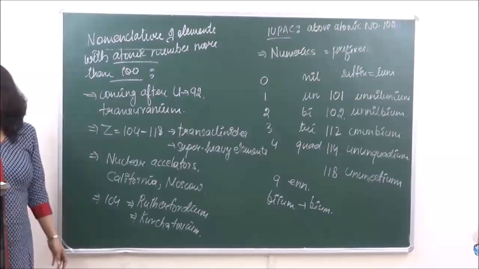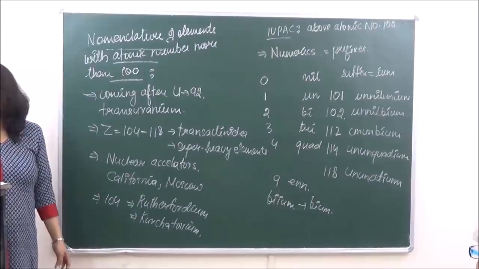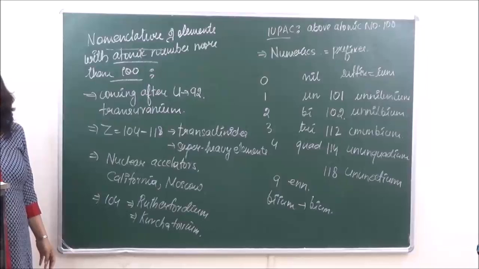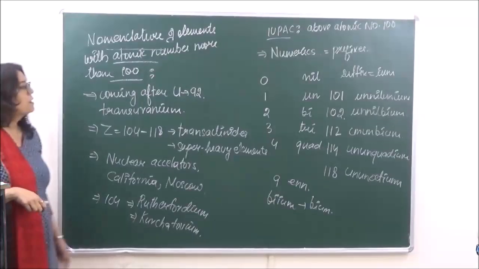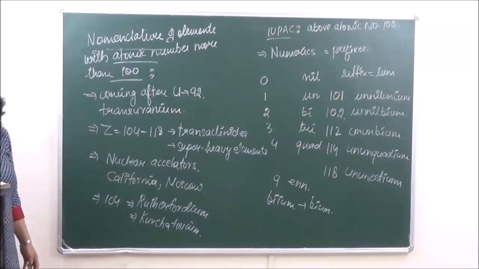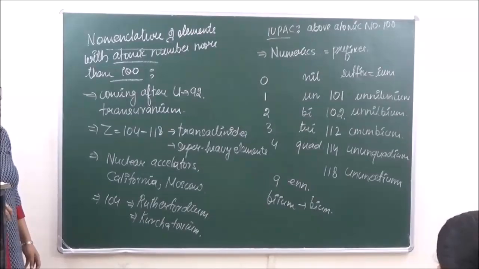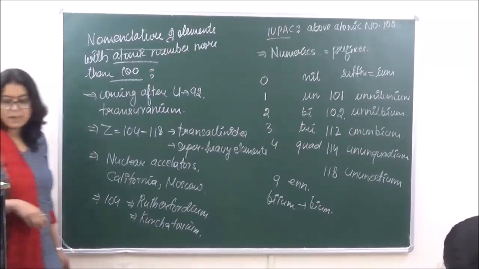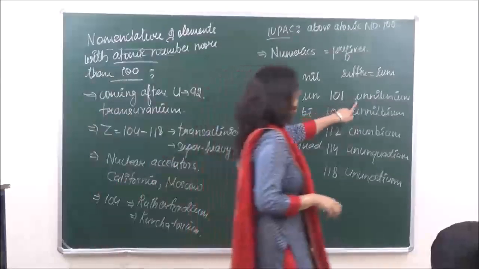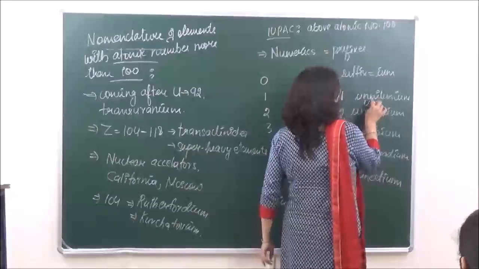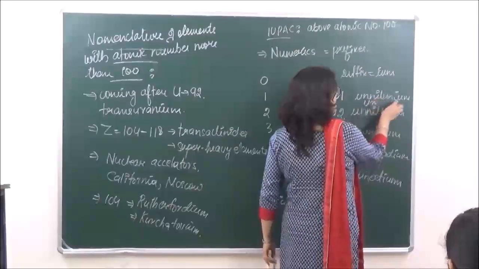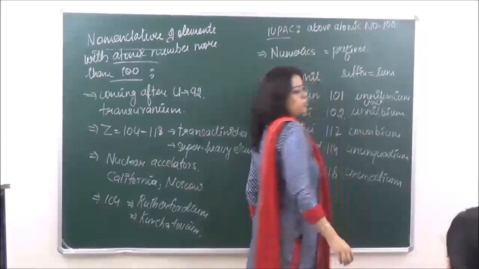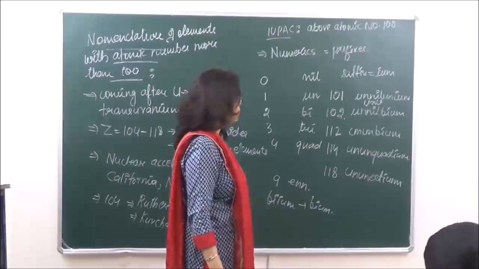Now, the symbol for the element, obviously we have to write down the symbols also. The symbol of elements is made from the first letter. For example, if we take 101, un, nil, un, ium, the name which we have written over here, the symbol of this will be U for un, N for nil, and again U for un. U, N and U.